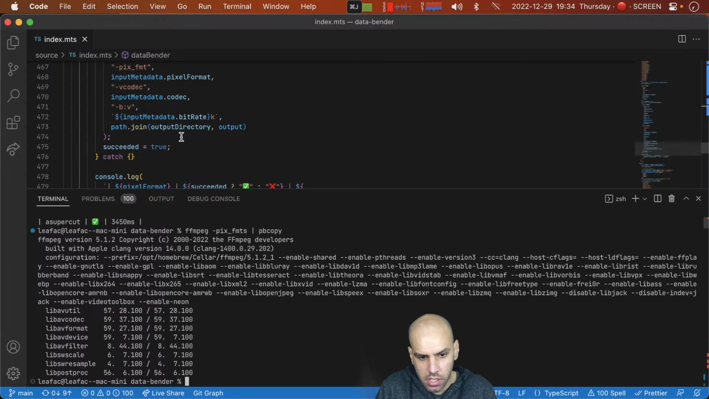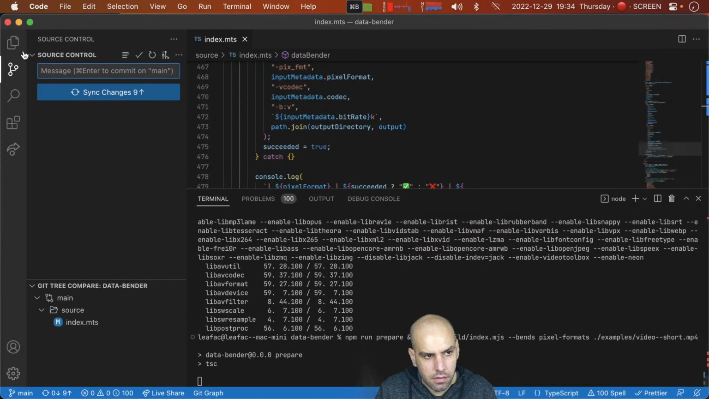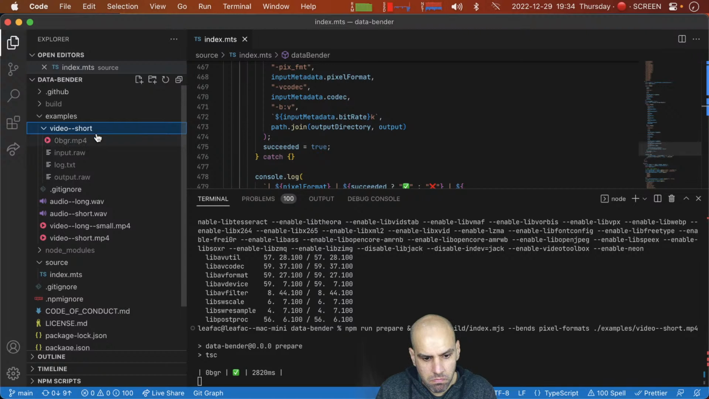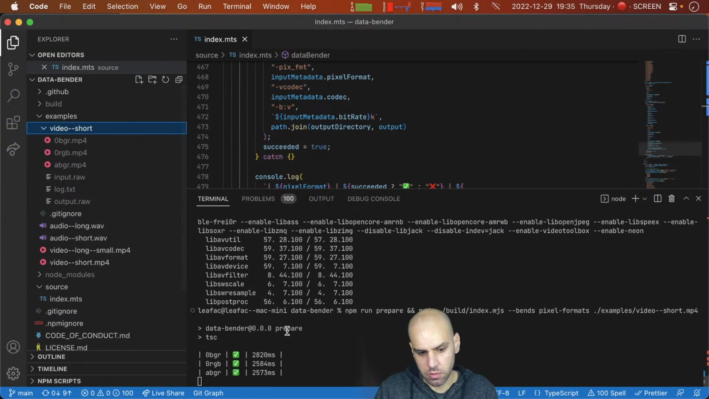So with that, let's npm run prepare, or actually let's look for bands. Yeah, that. npm run prepare, and this time we are exploring the pixel formats. And it is off to the races. Awesome. While that is running,